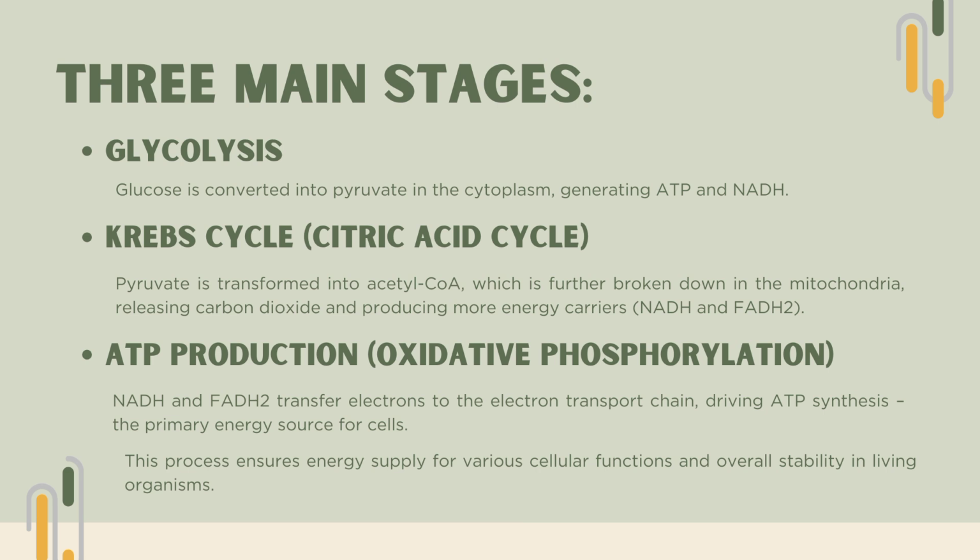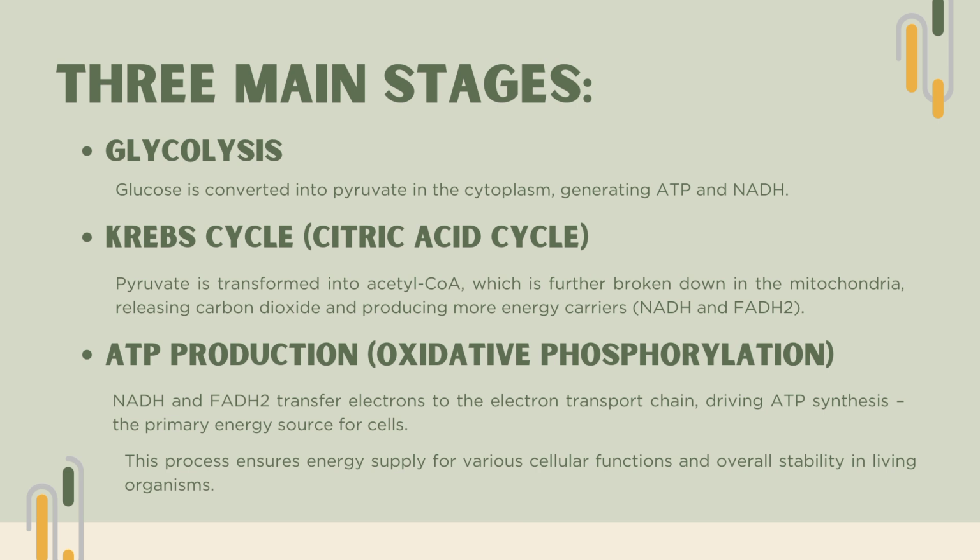Following glycolysis, pyruvate enters the mitochondria and is converted into acetyl-CoA, which then proceeds to the Krebs cycle, also known as the citric acid cycle. This series of reactions further breaks down acetyl-CoA, releasing carbon dioxide and transferring energy to carrier molecules such as NADH